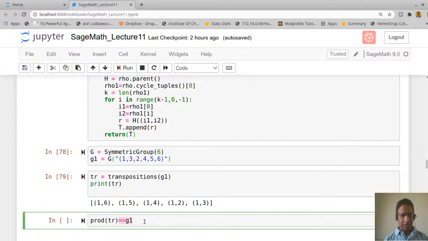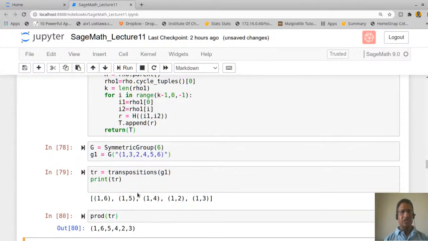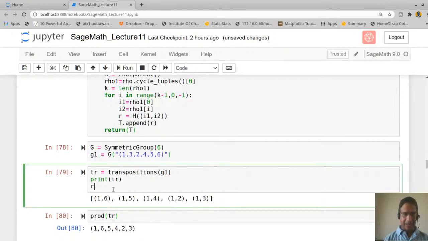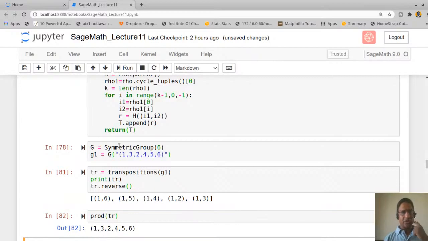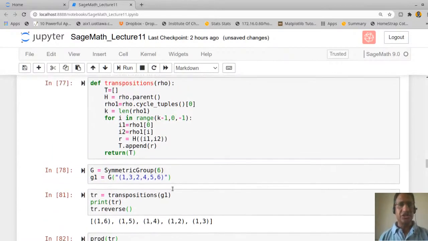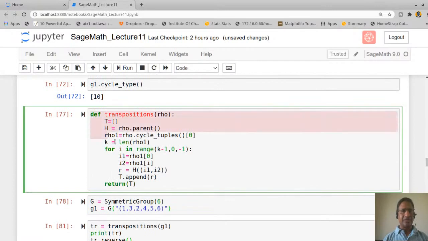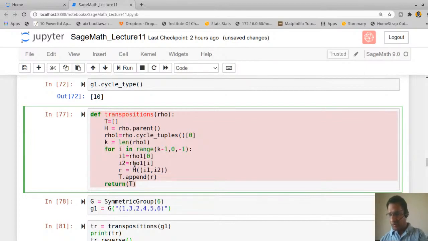And you can take a product of these. The product will come in reverse order, so that's why let me make it tr dot reverse, and then if you take the product, you will get the original element. So this is again an advantage in case you have a little bit of knowledge of programming. You can explore these things. Whatever is not already inbuilt in Sage, you can still create your own program and do all these things.